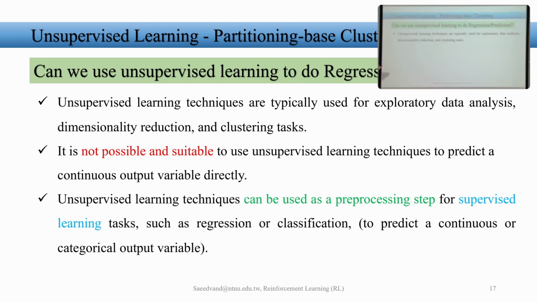So we can say we are using unsupervised learning for exploring the data and or reducing the dimensionality. For example, with autoencoders that we design to let the encoder and decoder learn the idea. Maybe later we can use it for prediction, but directly we cannot use it for predicting data like regression models. So generally, it is not possible or suitable for unsupervised learning to do these tasks.